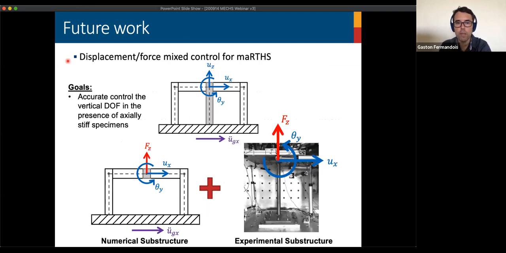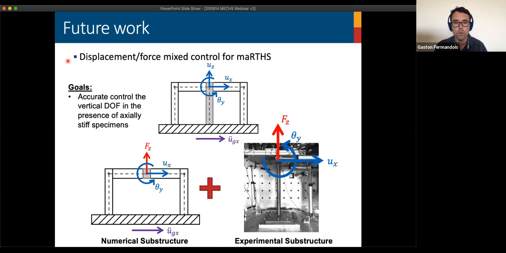For future work, we would like to explore more about mixed mode displacement force control for maRTHS. We would like to not only design the compensators to impose displacements, but also to accurately control a vertical degree of freedom where we want to prescribe forces, for instance, gravity loads. This is something that is not done, it's not ready yet, but this is something that we would like to